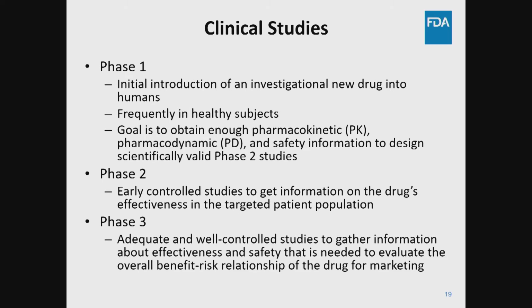Now, your phase 2 studies are your early controlled studies to get information on the drug's effectiveness in the target patient population. So here we're moving into patients. Studies are slightly larger usually, and they're in the actual target patient population to determine if the drug is having the appropriate effect. And lastly, phase 3 studies are your adequate and well-controlled studies to gather information about effectiveness and